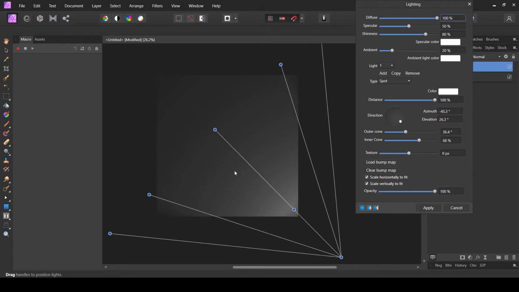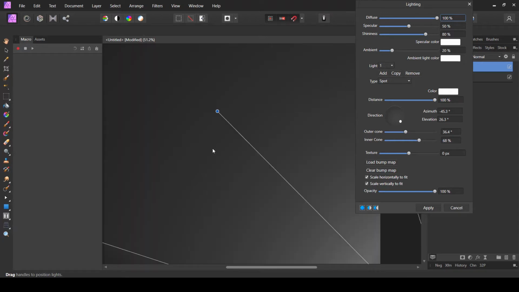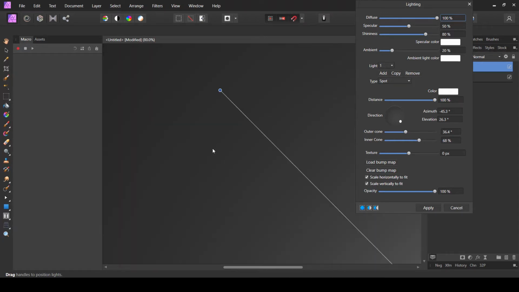And now I'm just going to zoom in a bit by pressing Ctrl and the scroll mouse button, and I'm just going to make sure that at the top I see this as 100%. It does not have to be 100%, it can be 101, 9, 10. Make sure it does not go beyond 150 or 120. So I'm going to load that image that I have just exported as a bump map,